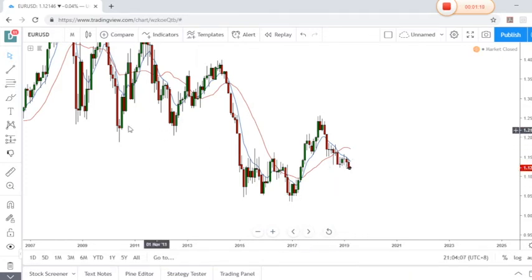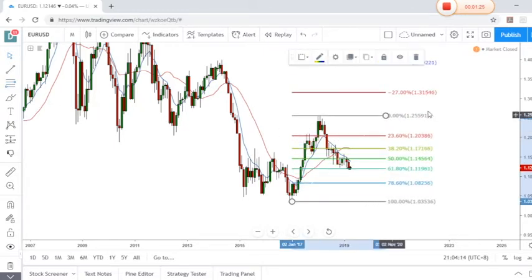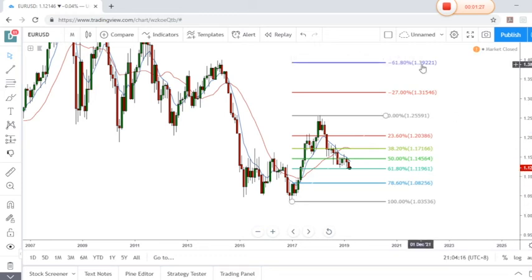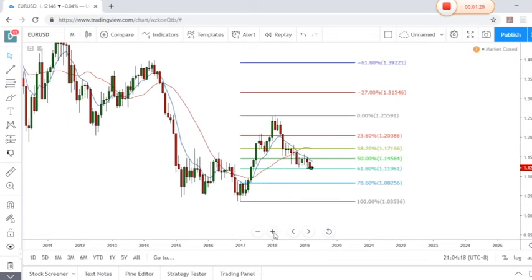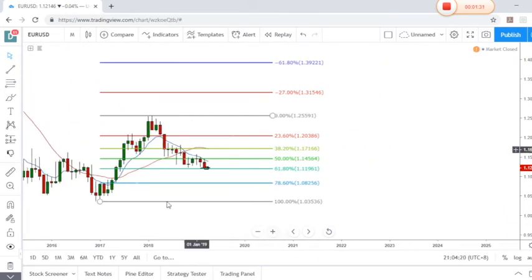What we can see here is when we put a Fibonacci from the swing low to swing high, it's interesting that the price is actually trading at the 61.8 level, right? This level usually I will take a buy or go long from it. However, if we go to look at the